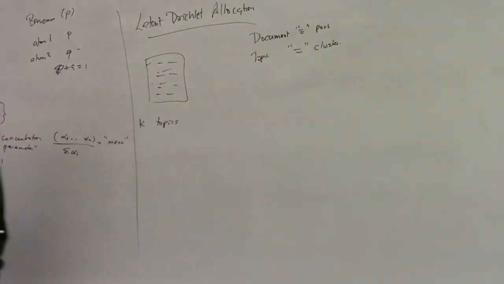Okay, and the LDA method is a generative model that attempts to solve this problem. In other words, it posits a way in which such a document or collection of documents might be created. And then it describes how you might go about trying to discern the parameters and so on. So in order to describe the Dirichlet allocation algorithm, what I need to do is tell you how it views the generative process and write down the entire probability function. And then, as with most things in probabilistic models, you throw a hammer at it: how do I estimate these parameters from the data? But the generative model is what's important.